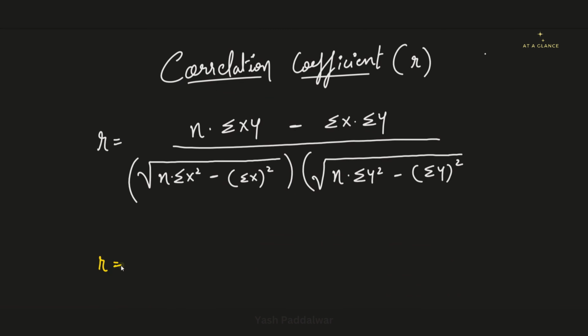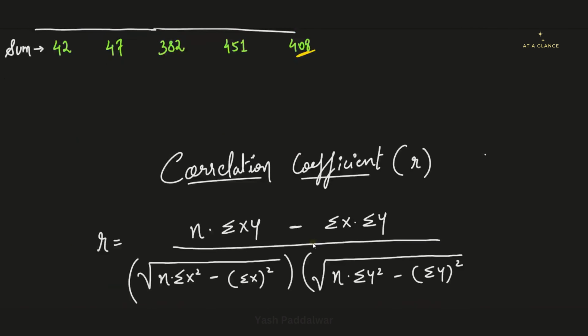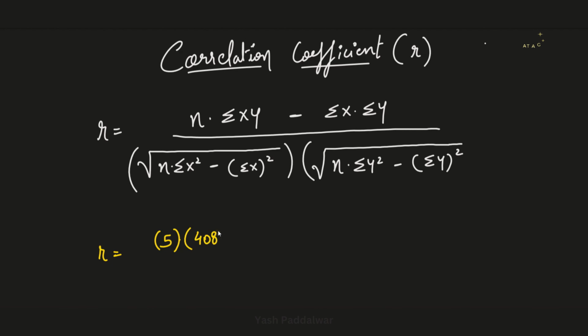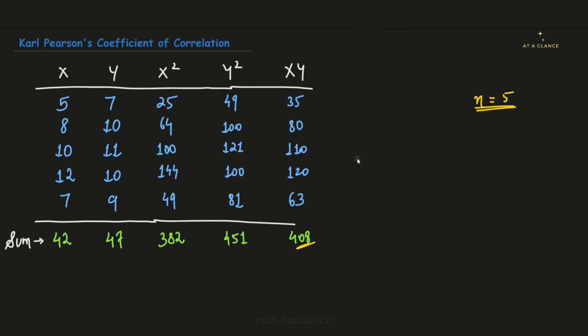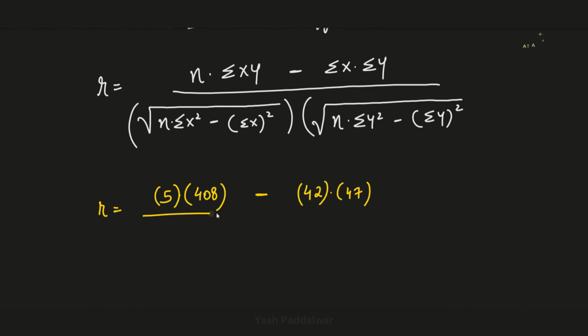We get R equals n value is 5 that we already have calculated multiplied by summation xy. Now, summation xy is nothing but 408. So, let's write that minus the next term is summation x and summation y multiplication. So we have summation x as 42 and summation y as 47. So let's multiply these two. So 42 and 47. The whole divided by